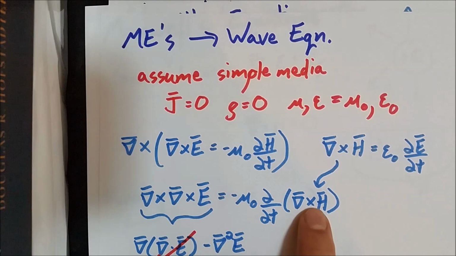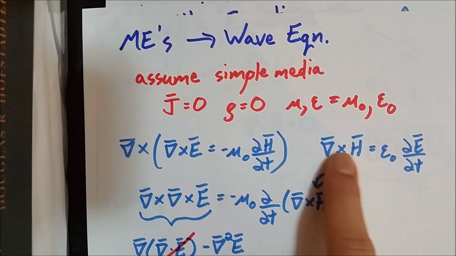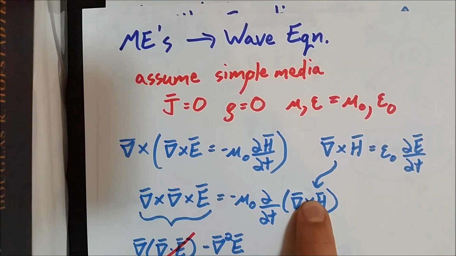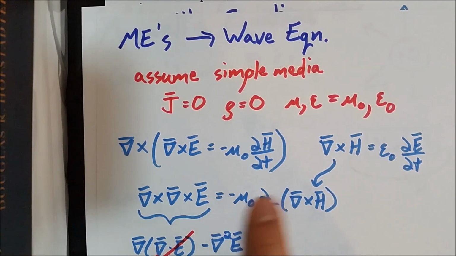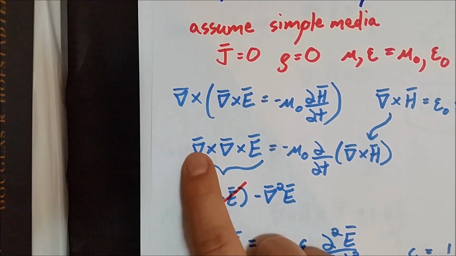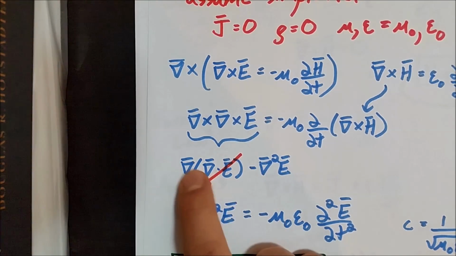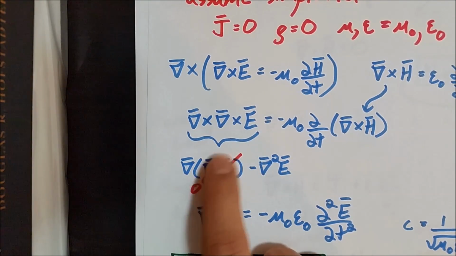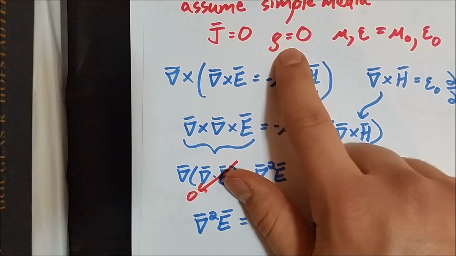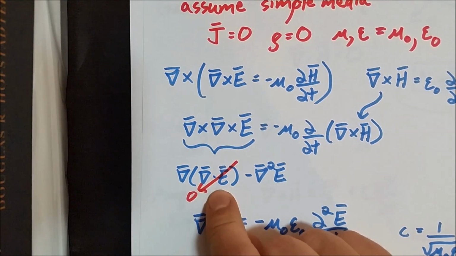Now you notice here we have a curl of H, and with Ampere's law we have a curl of H, so we can actually sub this into this equation on the right hand side, so that simplifies nicely. On the left hand side we have the identity that the curl of a vector becomes this expression here. We also know, because the charge density is 0, that the divergence of E is actually